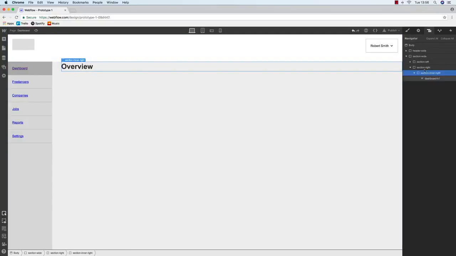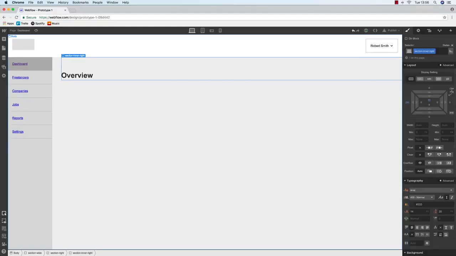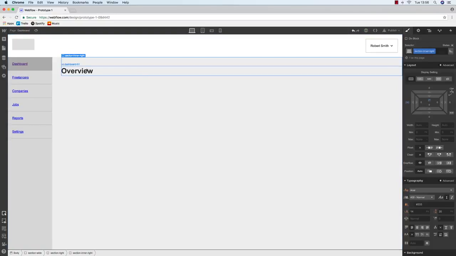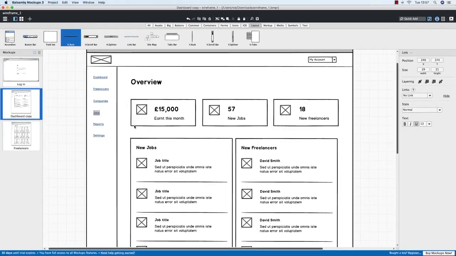And let's add a bit of padding to this main inner section. So this is section inner right, this centralized column that sits on the right hand side of the dashboard, next to the navigation. And we're just going to add some padding in there. So let's add in about 20 pixels padding. And there's definitely going to be a few things that we need to tweak and smooth over with the prototype, and definitely with the responsive stuff we can look at that too. But we're just going to focus on getting the content in and getting something together